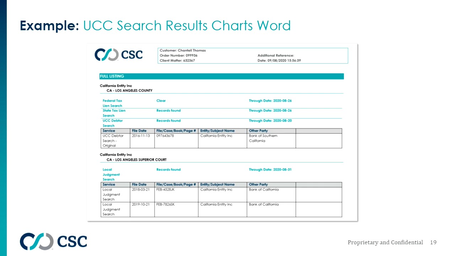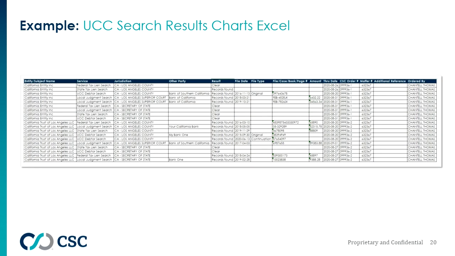So that's the PDF version, and then we also have an online version. I personally like this myself because it allows me to sort. I can sort the results by what's clear, what's records found. I can search by the debtor name, the service area, etc. It really allows me to go in, and everyone has particular needs, and every order might be different than the one previously. So it just gives you some more control over how you are able to hone in on the results and make quick determinations.